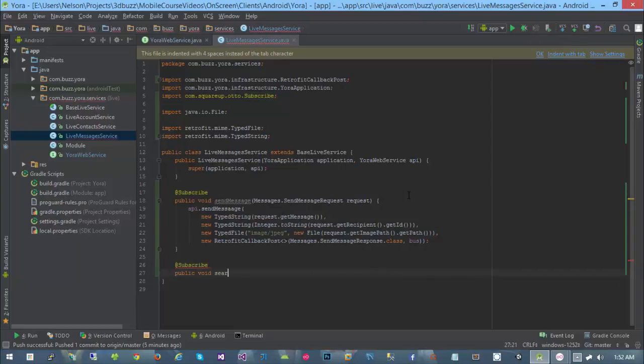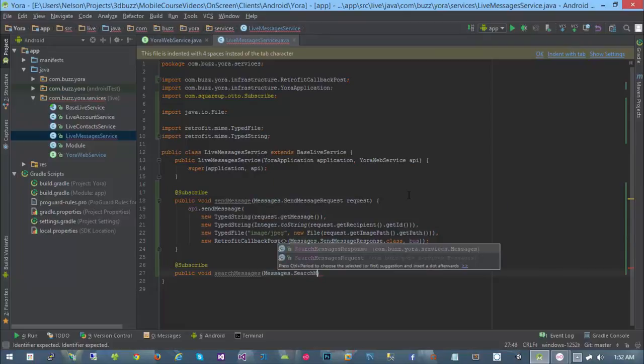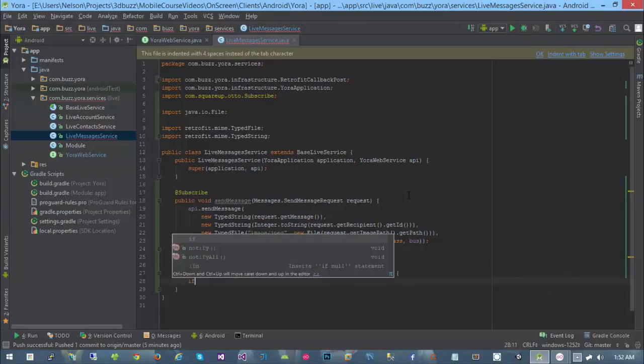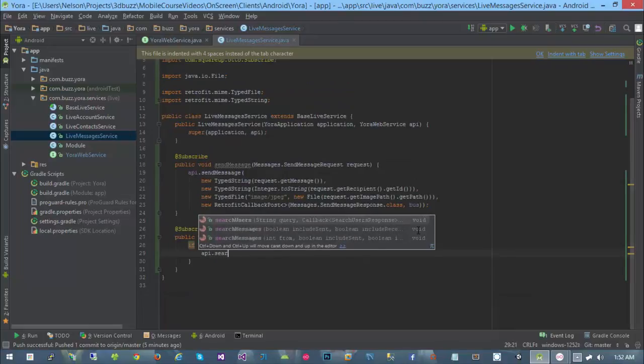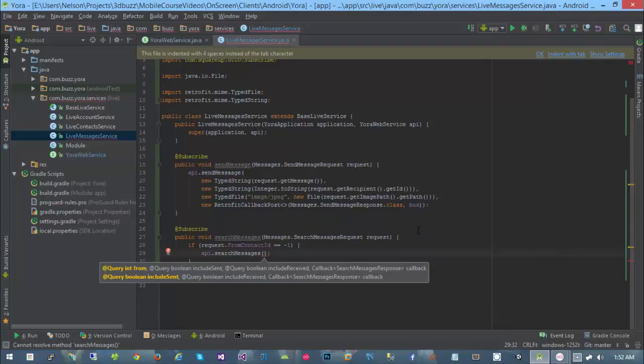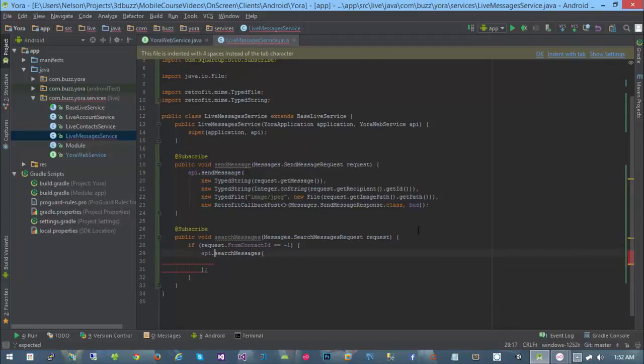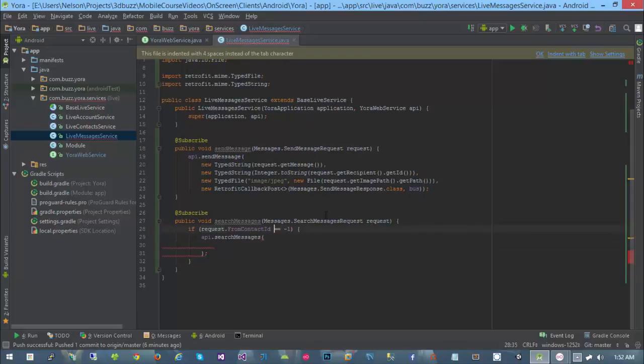So next up, we want our search messages. This one will be slightly more complicated because we have two conditions here. So I'm going to do a search message request, and then I'm going to say if request dot from contact ID equals -1, indicating that they don't want to search contact ID. I'm going to do API dot search messages, passing in request. Or sorry, I'm going to do if not equals -1 because that would be the more positive thing for this